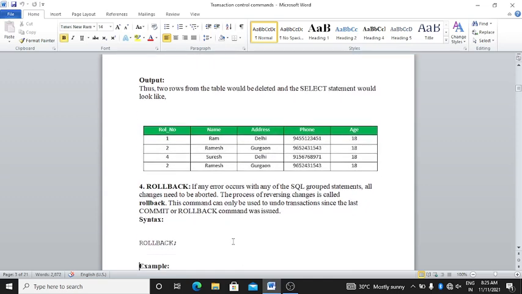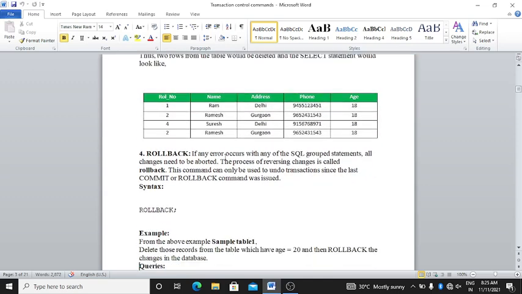Okay, next is rollback. If any error occurred with any of the SQL group statements, all the changes need to be aborted. The process of reversing changes is called a rollback. This command can only be used to undo transactions since the last commit or rollback command was issued.